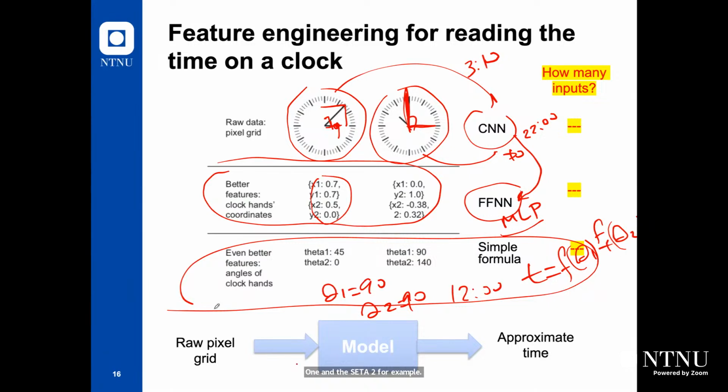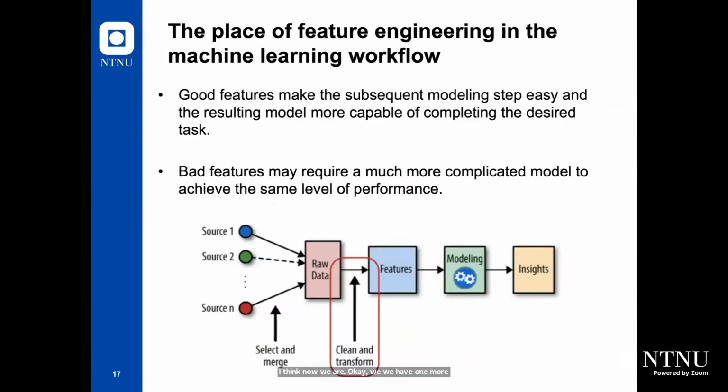I think now we are okay. We have one more slide for today. So this is a place for feature engineering. If you want to do some feature engineering,